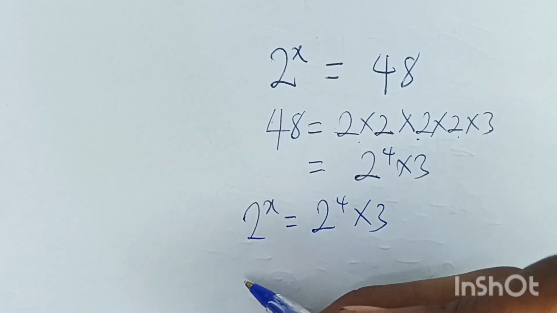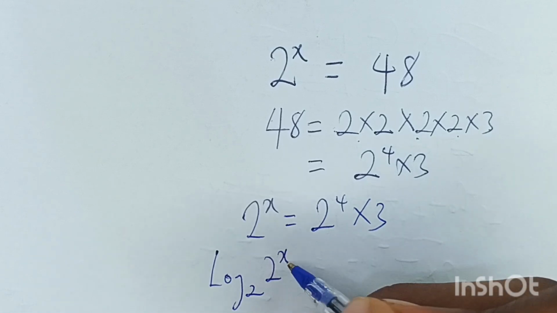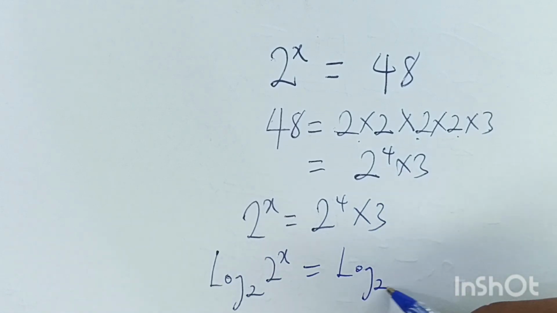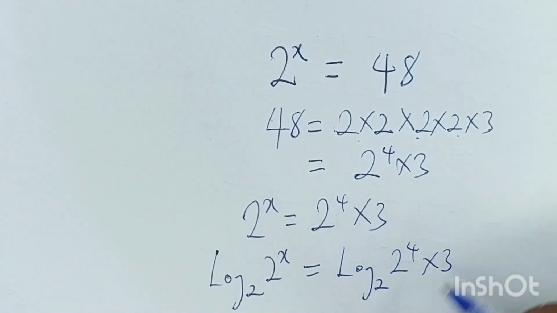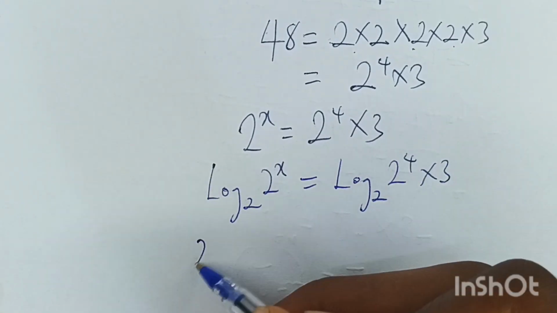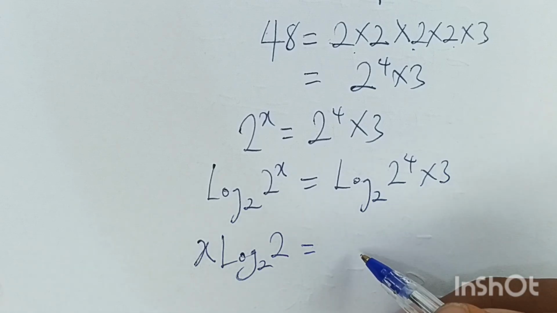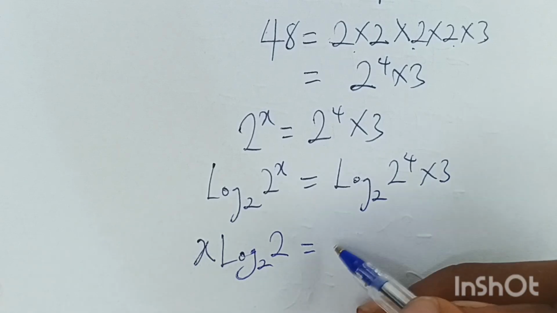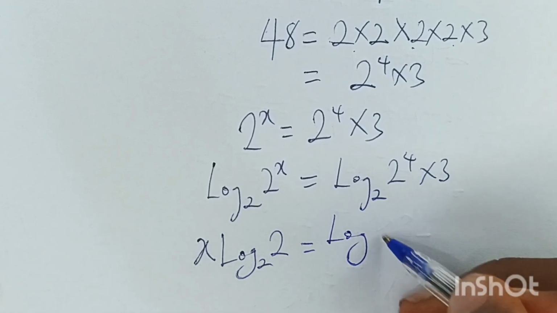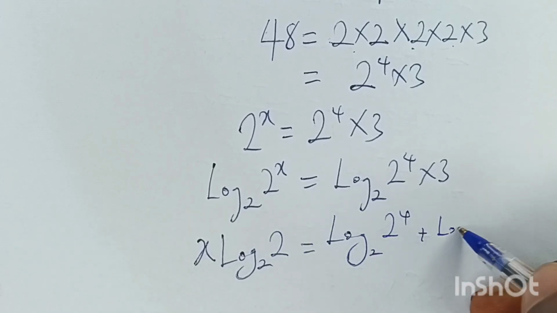Okay. Now let's take the logarithm to base 2 of both sides. So we have logarithm to base 2 of 2 raised power x to be equal to logarithm to base 2 of 2 raised power 4 times 3. Alright. Moving on from here, we are going to have x multiplying the logarithm of 2 to base 2 to be equal to, for here we are going to have logarithm of 2 raised power 4 base 2 plus logarithm